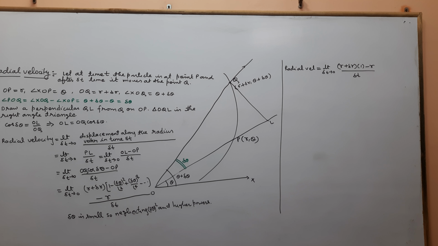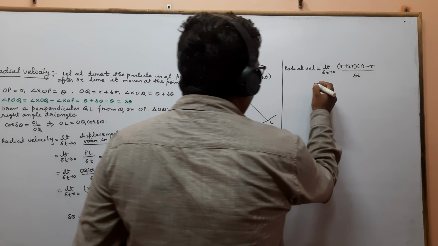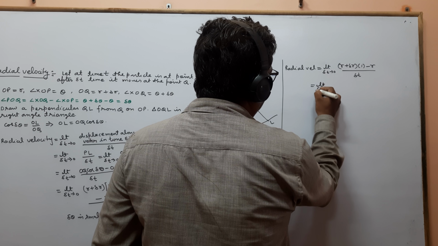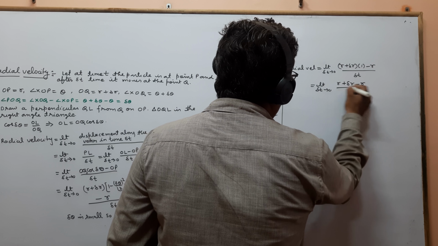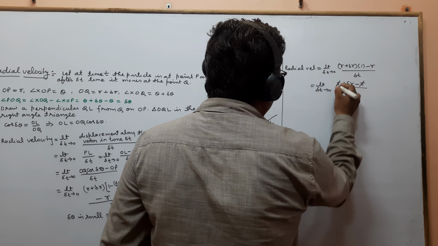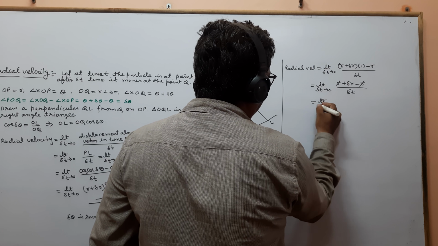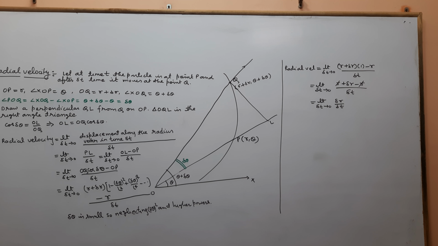So we get (r plus del r) multiplied by 1 minus r. We can see here this r is cancelled out. So we get del r by del t, and when we take the limit of del r by del t,